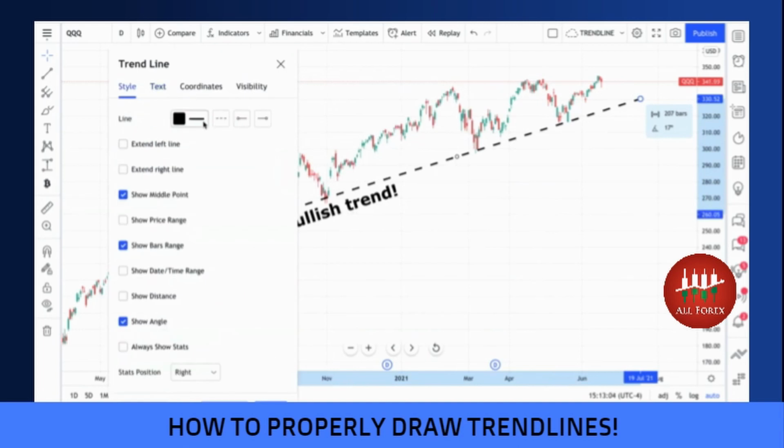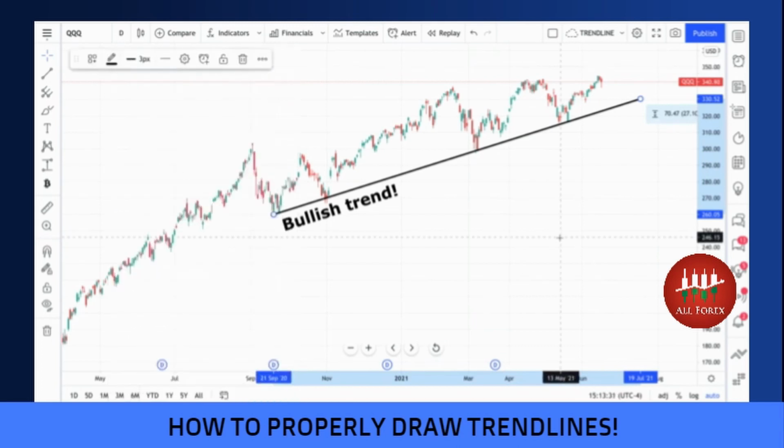And if we go to style, as we showed you earlier, you can change the style of this trend line. Let's make it a solid line. And we're also going to uncheck each of these boxes. Now, these boxes are really helpful if you want to show specific stats. So if you're looking for the most detailed analysis about your trend line, make sure you check some of these boxes. As an example, you could do show price range. This is a really cool feature because now